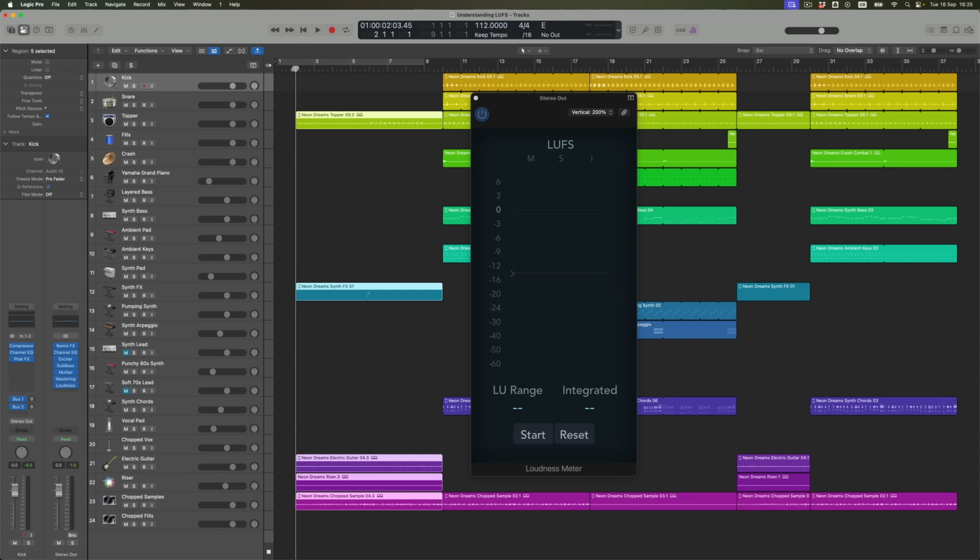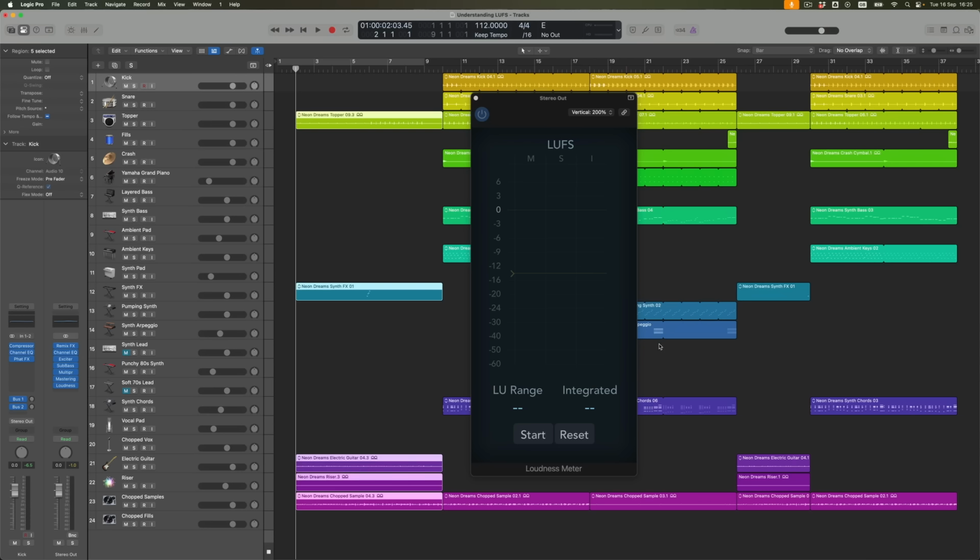This time, because I've got a section of the track which is quieter, which is taking up more of the overall portion of the track than it was before, I'm interested to know what the integrated LUFS measurement is going to be this time. Again, I'm going to press start. This time I'm going to run it the whole way through the entire track. What I want you to do is to notice what happens when we're in the quieter sections, not just at the beginning, but when this part comes back. Look what happens to the integrated LUFS measurement. I think we're going to start to get a bit of volume back every time we're in a section which is a little bit quieter.